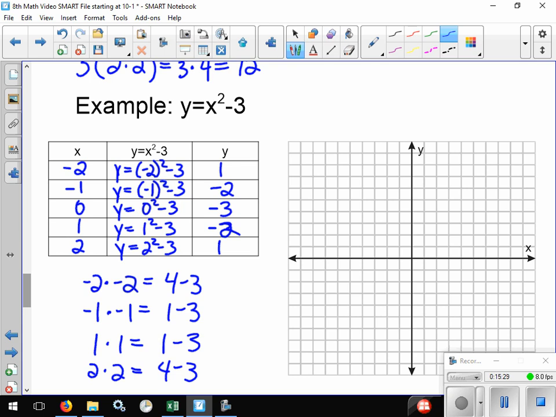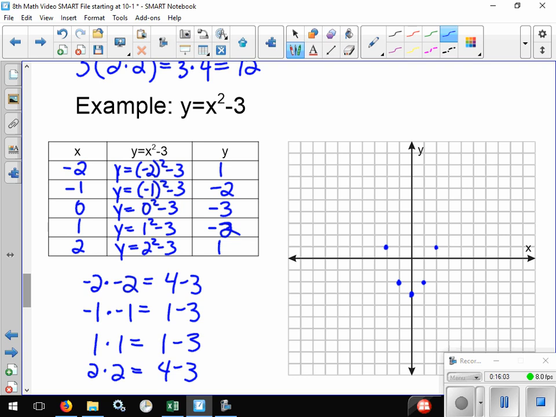Okay, so we have negative 2 first. We go left 2 and up 1. Okay, and then we go negative 1, so left 1, and then down 2. Okay, and then we're at 0 and negative 3. And then we're at 1 and negative 2. Excellent. And then we're at 2 and